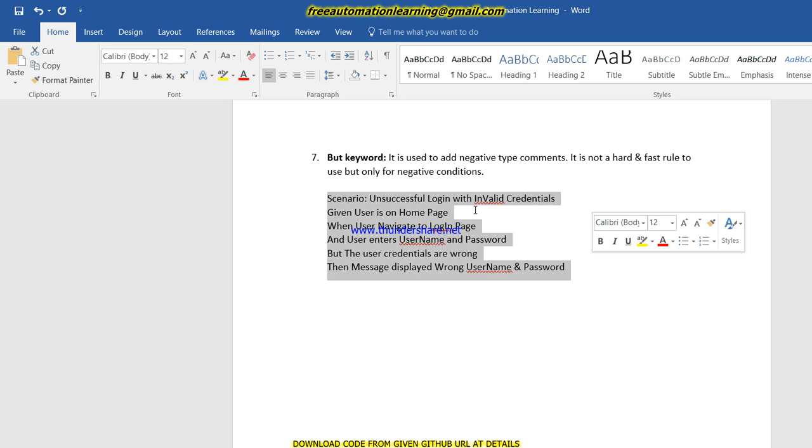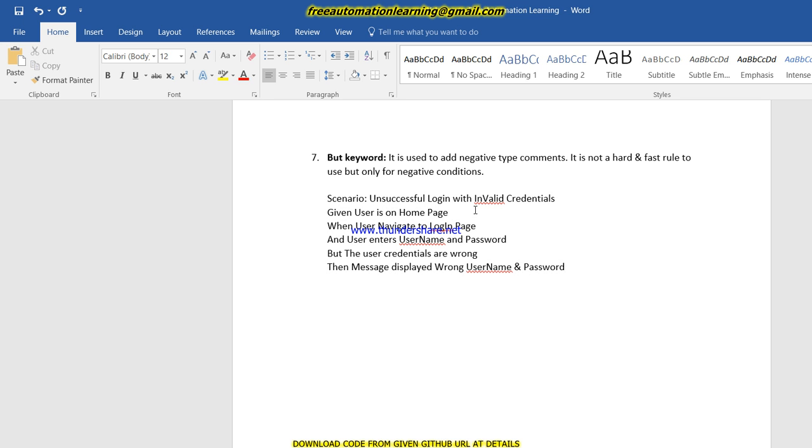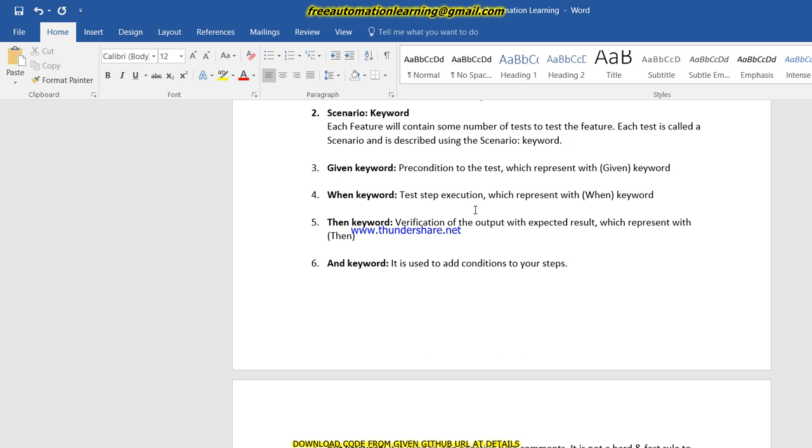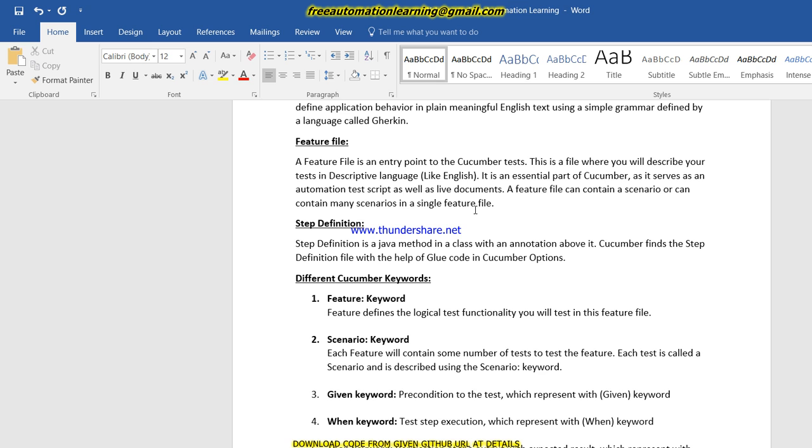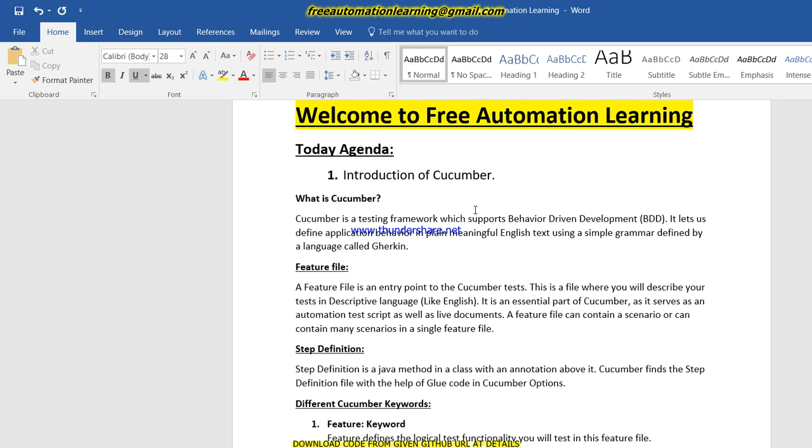And there is some code which we need to write. We can write that code in the step definition file. So these are two files, and these are the keywords which we are going to use in Cucumber, right?